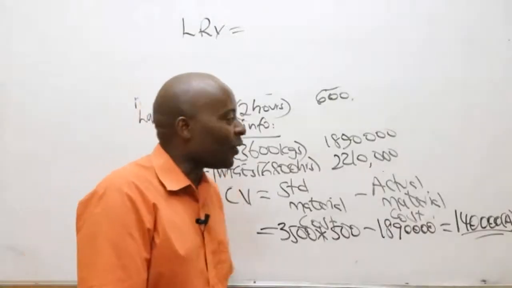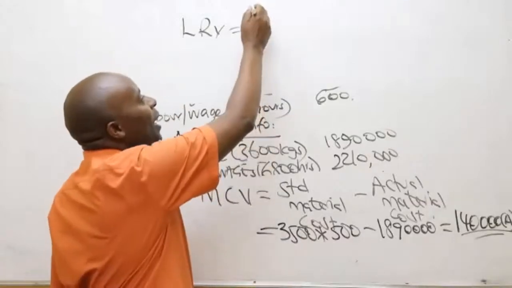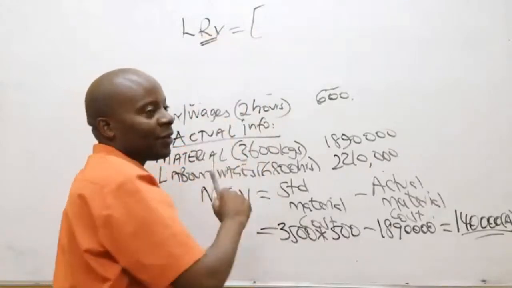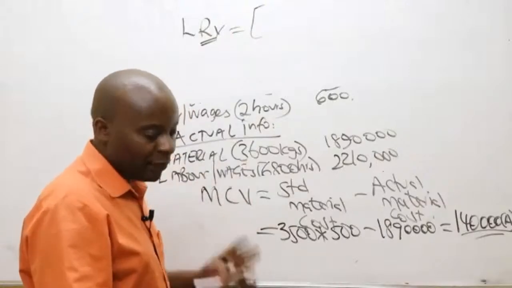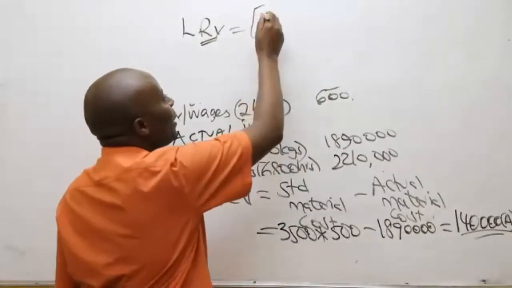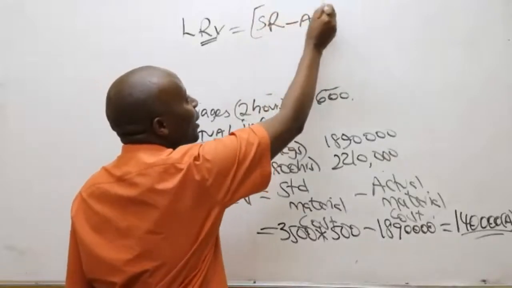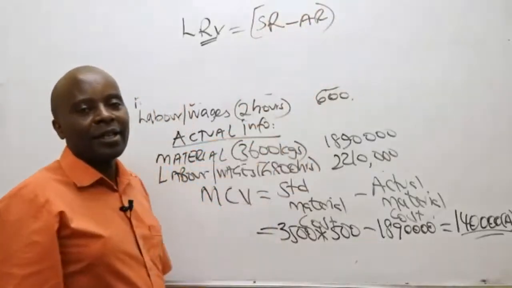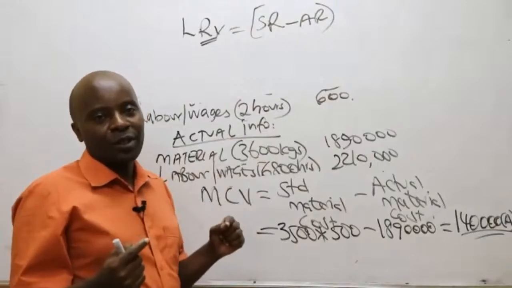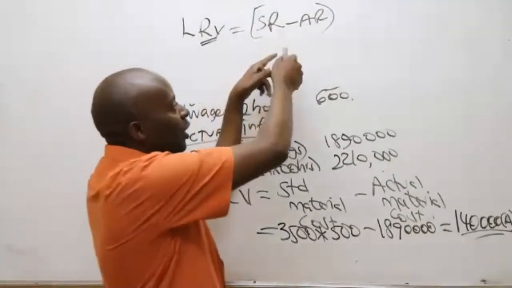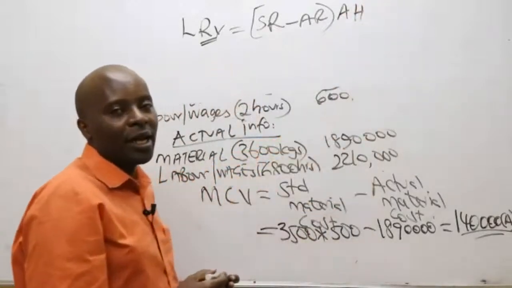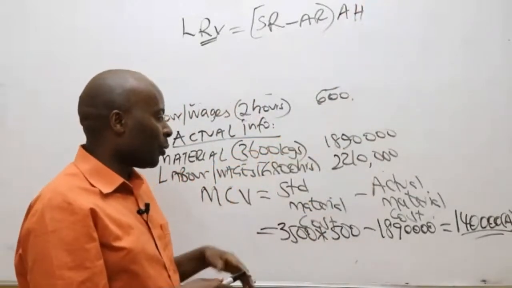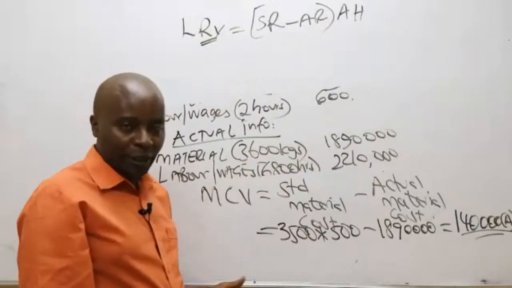Very good. Thank you very much. Normally, we prefer starting with the variance itself. So the variance here will be SR minus what here, somebody? AR, the rate variance. And then, of course, the moment I get the variance per hour, I will multiply outside there with what here? Actual hours. Outside there, we multiply with actual hours.